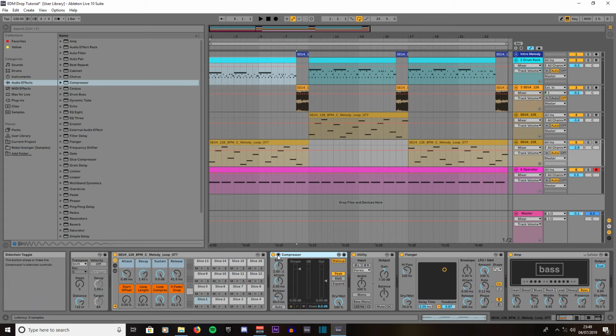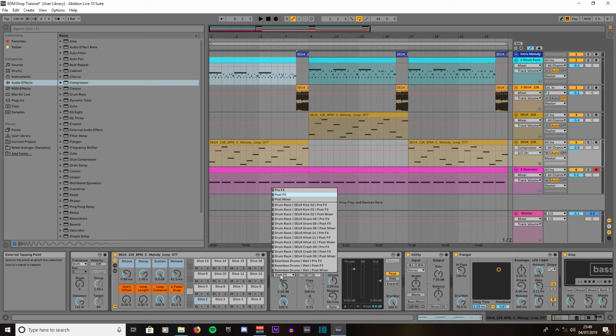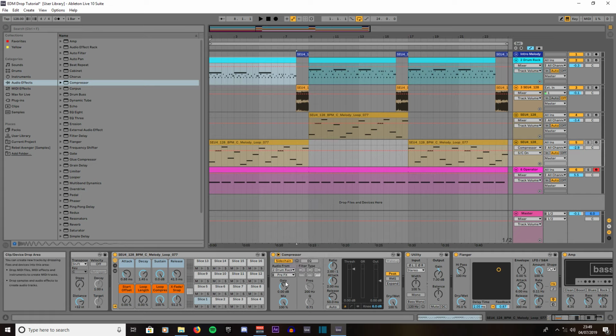Then what we do is we click the drop down arrow, click sidechain, click audio from, then we'll click drum rack, that's where our drums are. Then on post effects we'll click the drop down arrow and look for the kick, and the one you always want to choose is the pre-effects. So that says drum rack, that's the kick we're using and it's pre-effects. So select that, then we'll click EQ, then we'll click this raw for the high end because it's a drum, and we'll set the drums